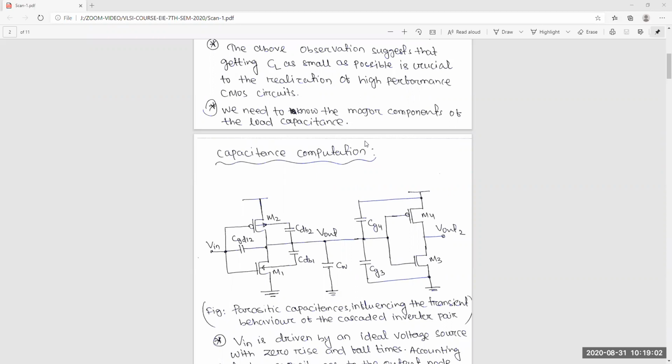So these are the capacitances you need to know and remember. And what is the channel related capacitance? At saturation, what is the capacitance value? At cutoff, what is the capacitance value? At linear, what is the capacitance value? These things you have to know and remember. If you are not understanding, you can ask me. Either you study, remember, and understand, otherwise you have to ask.